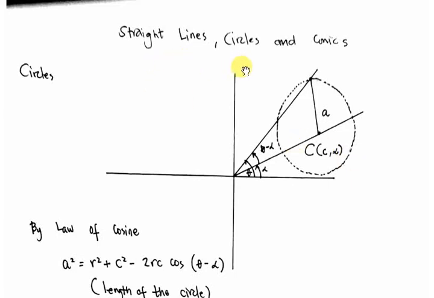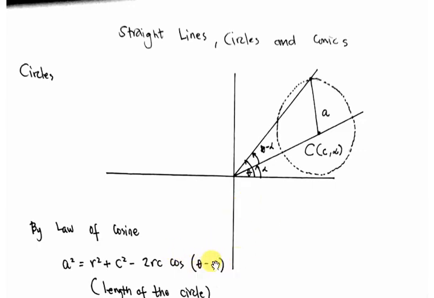Straight lines, circles, and conics. In the illustration, we have a circle and its corresponding angles. So we will use the law of cosines, which is a squared equals r squared plus c squared minus 2rc cosine theta minus alpha,